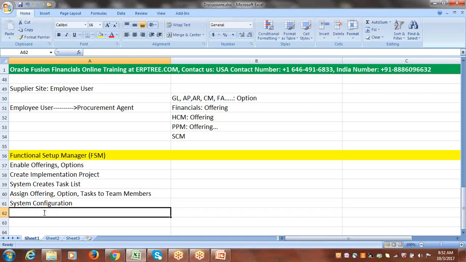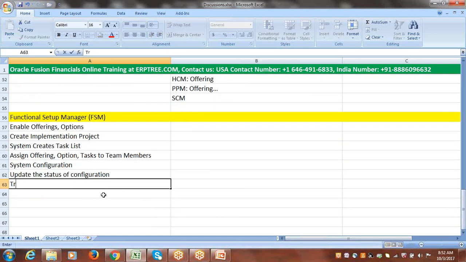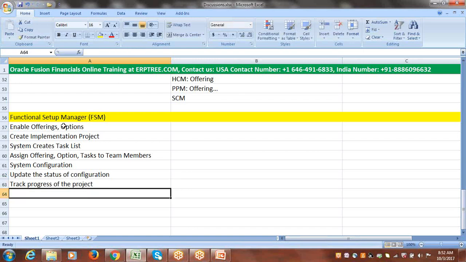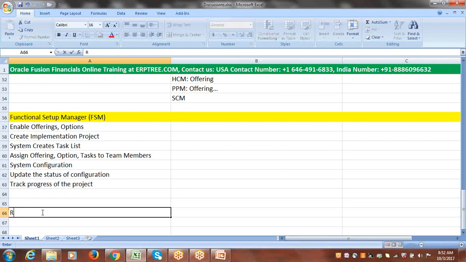Okay, we'll start with the system configuration. You can update the status of the configuration, whatever we are doing. And whenever you update the status against a specific offering, option, or multiple tasks, based on that status, the system will keep tracking the progress of the project. Okay, we can track the progress of the project. So along with this, within the functional setup manager, you can use it for rapid implementations